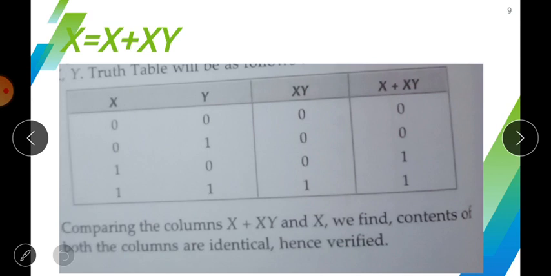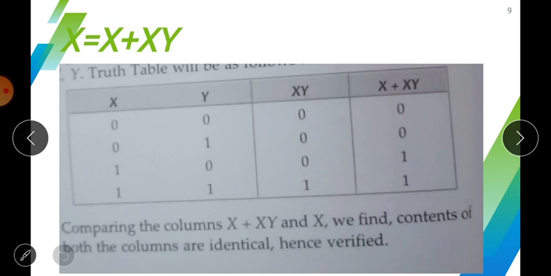After writing the total combinations, look carefully at the function. There are two parts of every function: the first is LHS and the second is RHS. You have to create a column for the LHS and for the RHS side; if you want, you can prepare a separate table for each side.